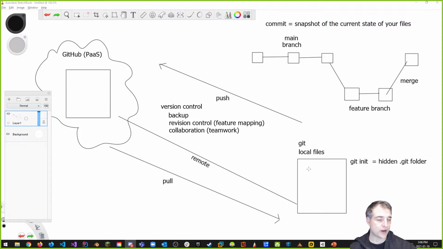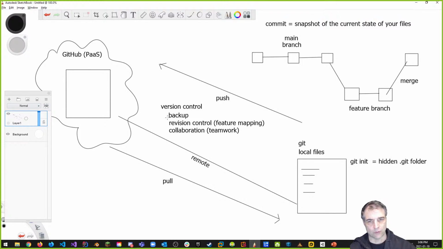For example, how do you keep track of what features you added into that particular project? Do you name it my project V1, my project V2, my project V3, my project V4, and so on? And you have a bunch of versions of your project, and in your mind you know what it is. But what happens when you come back after a year? How do you know which project is what? So putting something on Google Drive or Dropbox or OneDrive is not a great example of how you do version